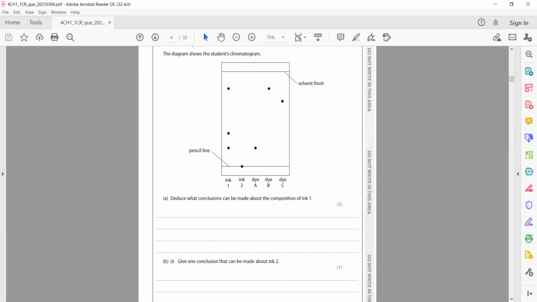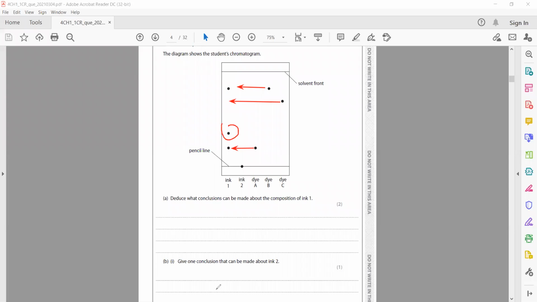First thing, ink 1 is not pure because there are many spots. So it contains 3 dyes. It contains A as well because you can see the level of A is matching. It contains B, and it does not contain C. Why does it not contain C? As you can see, the position for C is not there. So it contains A, it contains B, and it also contains an unknown substance which